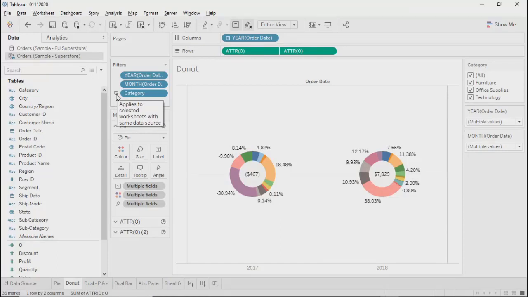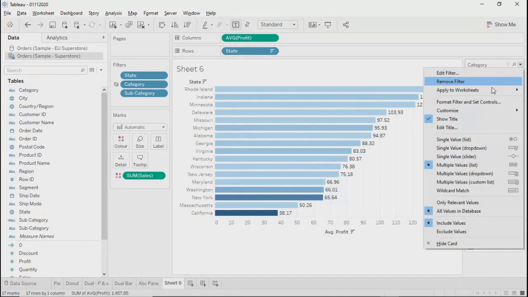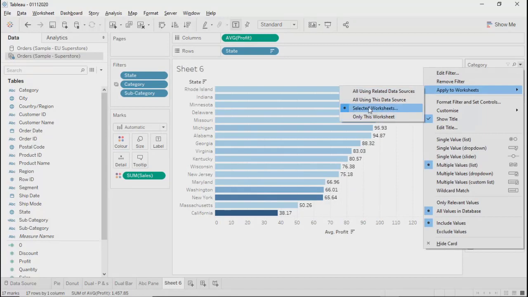So the condition is we need to have a same data source, and if it is same data source, we can apply. So that's the option which you need to keep in mind while selecting that option, selected worksheet. So in this situation, it has worked exactly the same as this one using this data source, right? This data source means the same data source which is being used by this particular sheet,